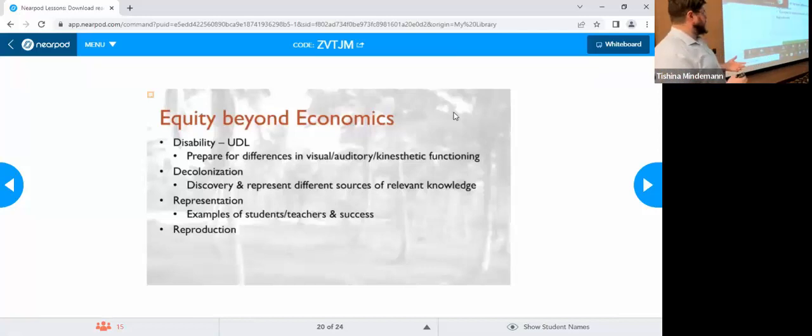I'm coming to the end of my presentation now, and I just want to mention a couple of other relevant questions with regards to equity. As I mentioned, I think once or twice, we've been talking primarily about economic equity here, the ability to pay for things that you need to do what you can in college. But this slide shows you a couple of other examples of lenses through which we can look to improve equity in our classes. Our last webinar focused on decolonization. This is a way to address the inequities of history, right?